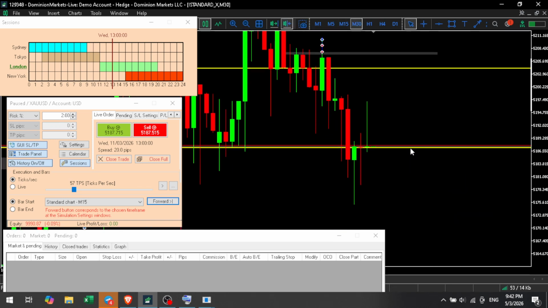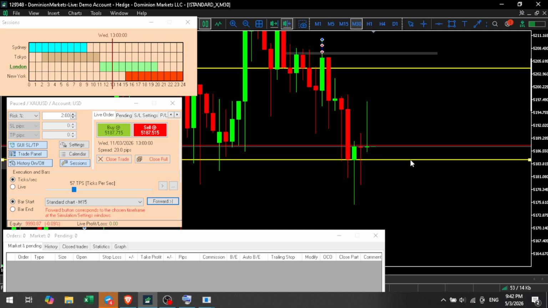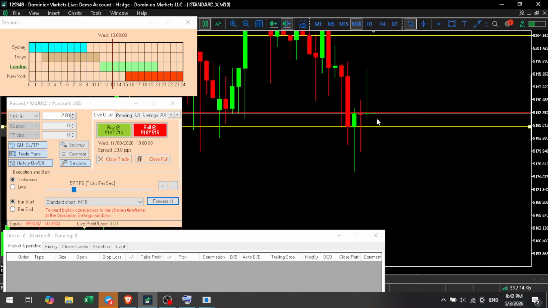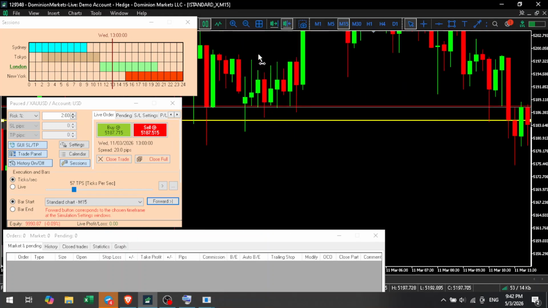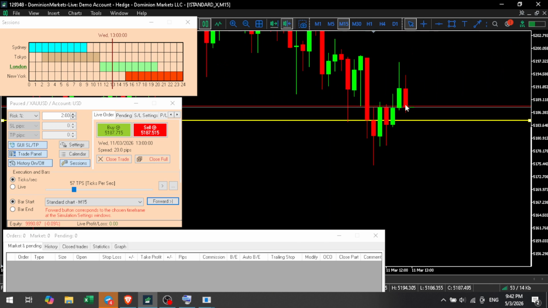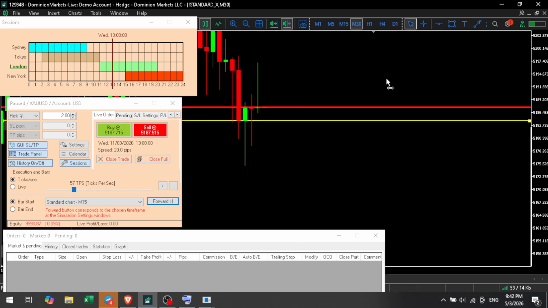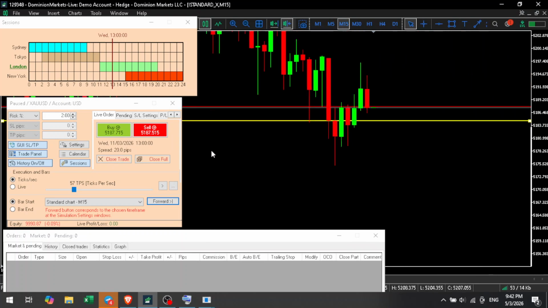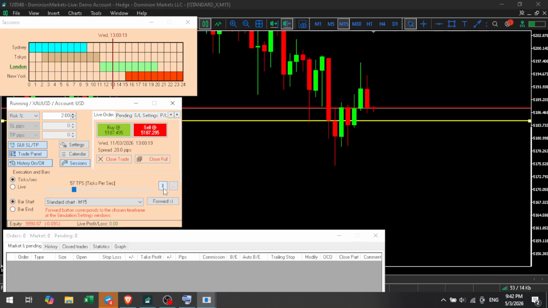Now on the 15 minute we have a support here, and we should be looking for a sell on the 30 minute. Yes, 30 minute and the 15 minute are same. We have a candle confirmation on the 30 minute. There is a rejection on the upper side. Let's see if we have the volume to push down. We do. I think